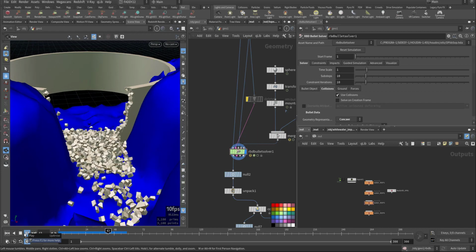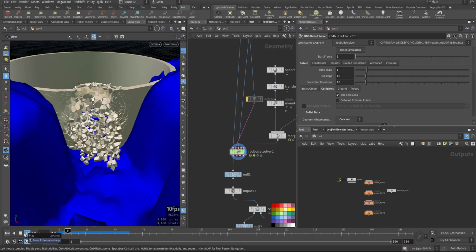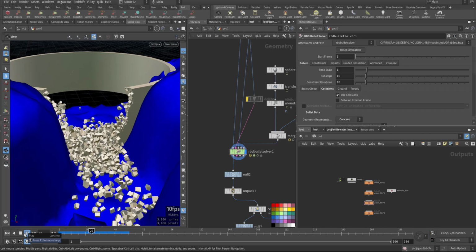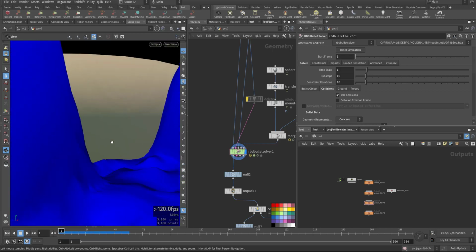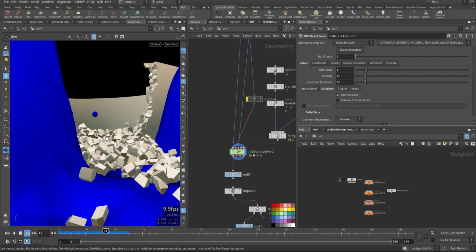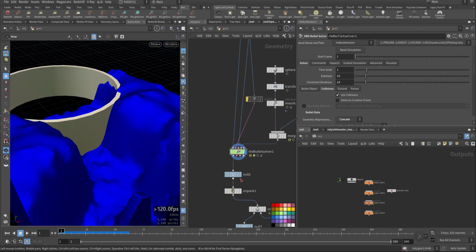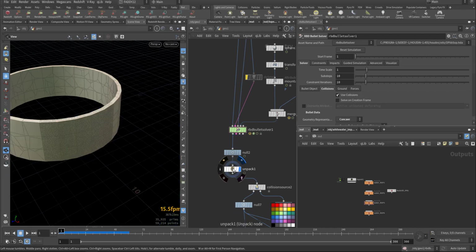So this is how the fragments will fall. Let's have another view from down below. Cool. After that I unbake it